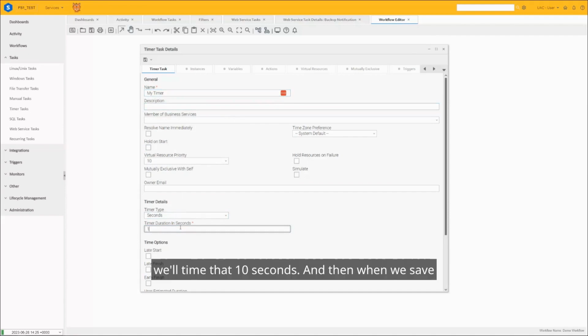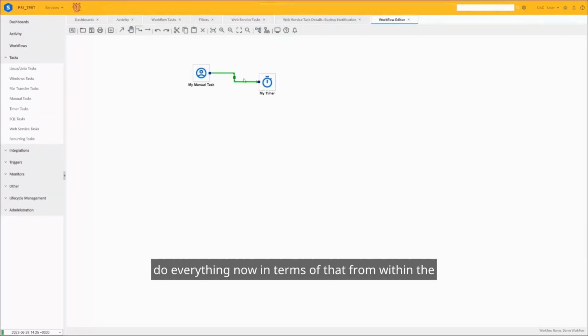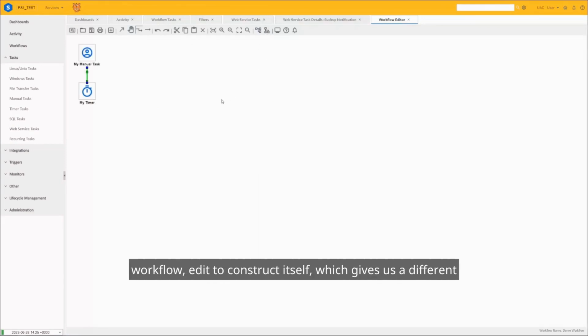And we'll time that 10 seconds. And then when we save that, that drops that in the workflow. And then I can use the controls to join those together. So we can do everything now in terms of that from within the workflow editor construct itself, which gives us